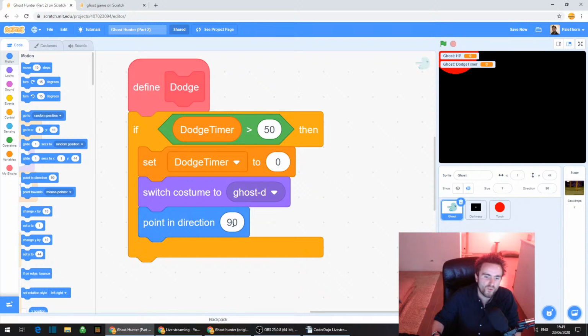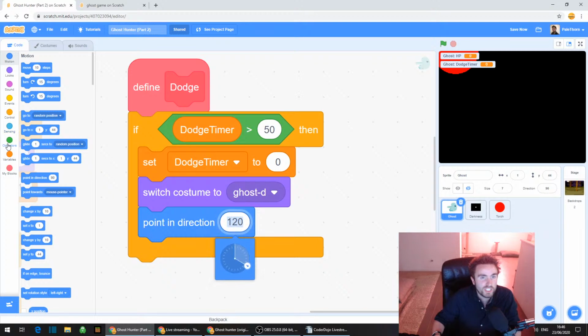But instead of pointing in direction 90, which is right, we're going to make it so that this number changes. Now, I don't know if you've done much geometry in school yet, but there are 360 degrees in all directions, the way that we decide how to do geometry.